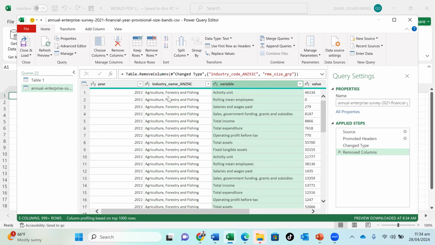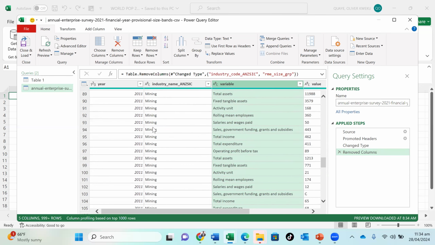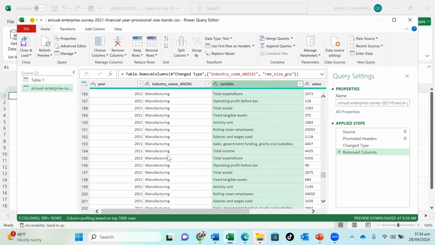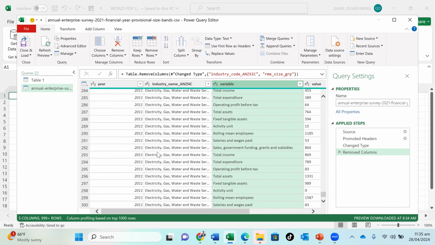And over here, I see industry name, and I see agric and the industry as well. But agric is not an industry; agric is always a sector. You can scroll through. You see, mining is not an industry; it's a sector, right? Manufacturing is a sector and could be an industry. Electricity is a sector. And then